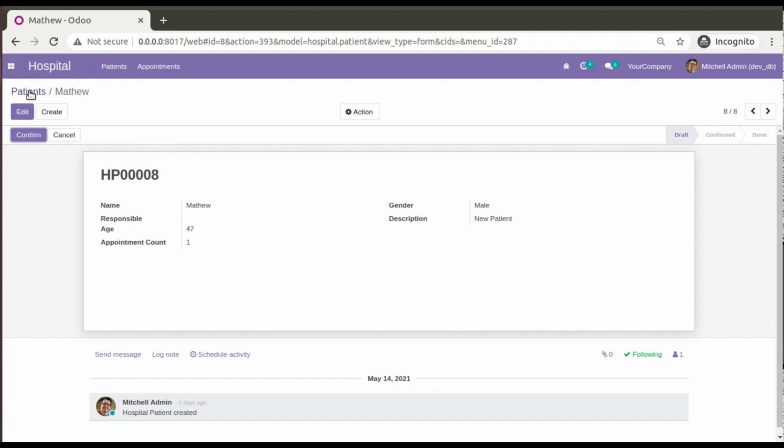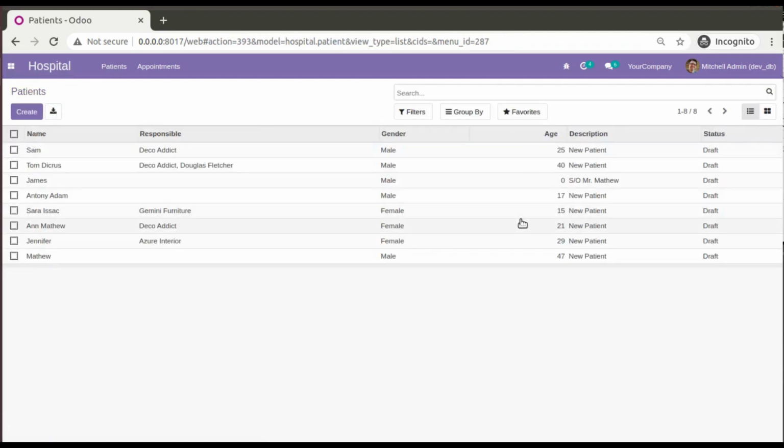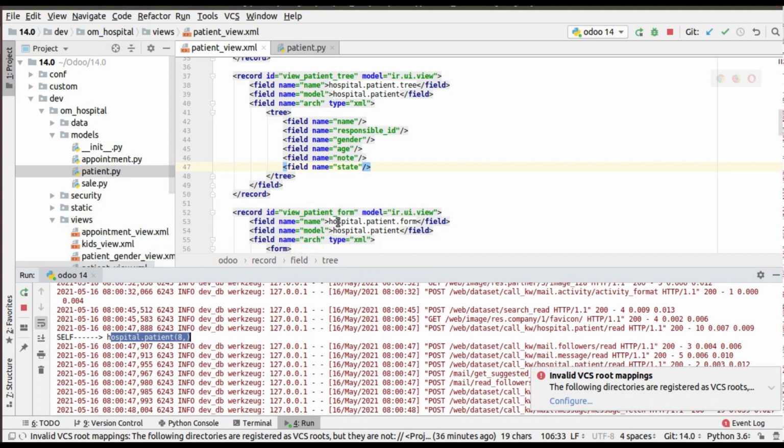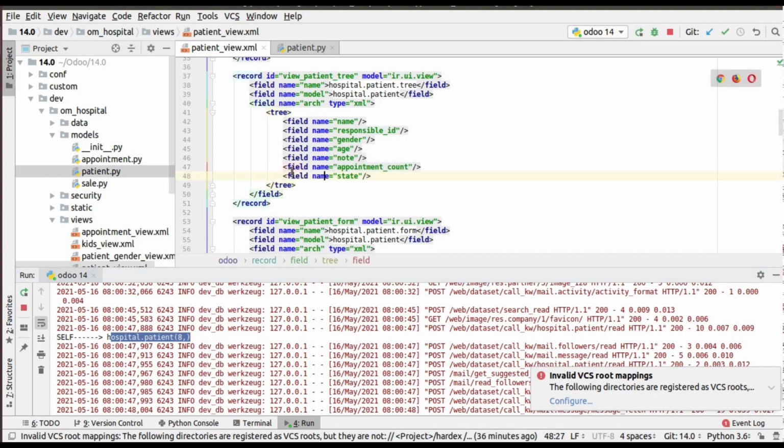But when you add the field in the tree view, self will contain all the objects. So in such cases, to avoid the singleton error, you have to iterate self over a for loop. So I'll bring back the field in the tree view.